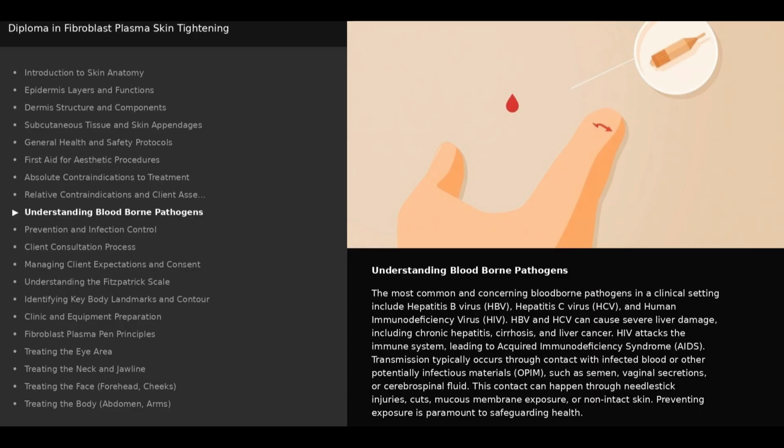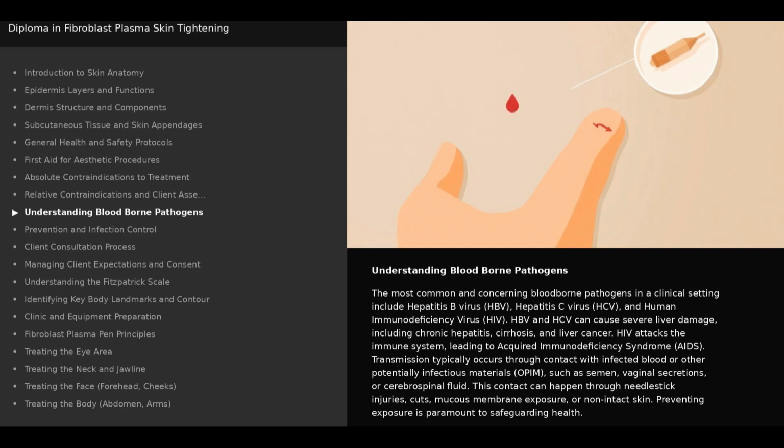Transmission typically occurs through contact with infected blood or other potentially infectious materials, OPIM, such as semen, vaginal secretions, or cerebrospinal fluid. This contact can happen through needle stick injuries, cuts, mucous membrane exposure, or non-intact skin. Preventing exposure is